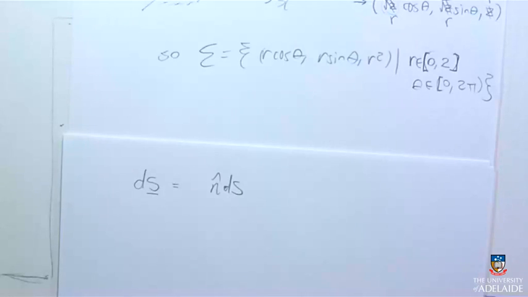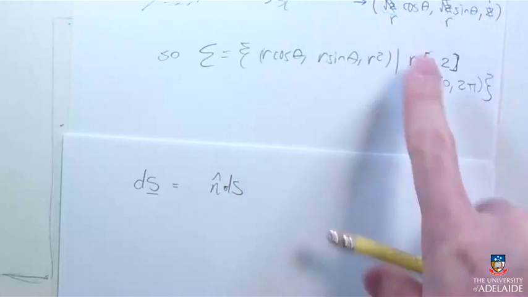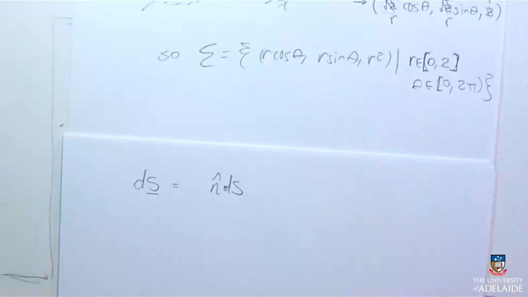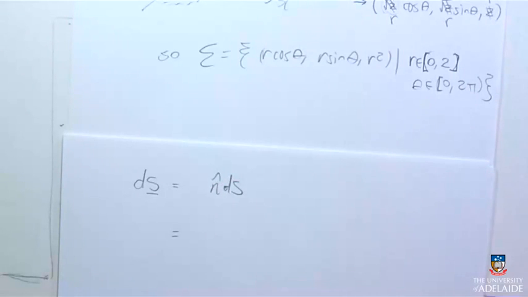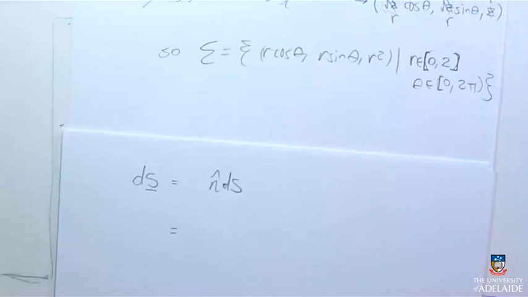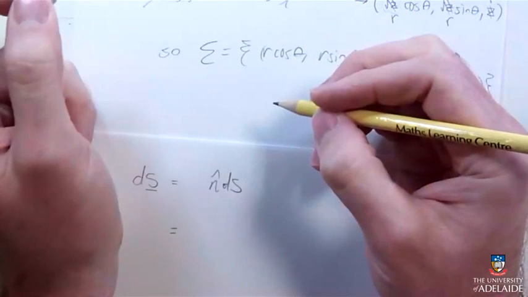It's got a hat on it because it's a unit vector. And this turns out, luckily, to always be the derivative of this thing with respect to each of those. So we can talk about the size of that dS as how quickly a vector that's tangent when I move the r and a vector that's tangent when I move the theta. So this all comes out to be the same as